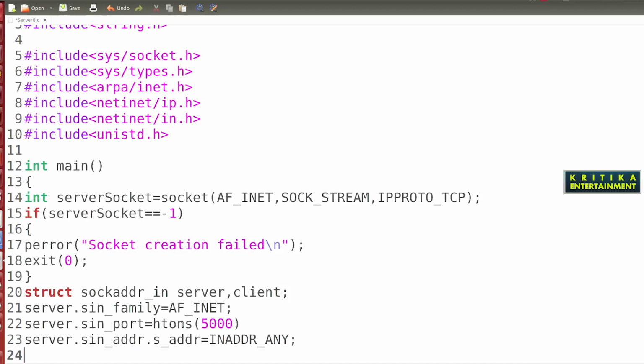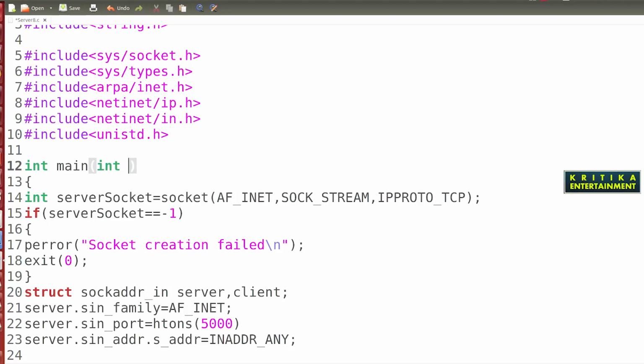So here I directly write 5000, but what will happen? Now I can use command line arguments so that I can avoid the bind error, because every time you run the program, I will assign a new port number to this program. I am taking only the port number.